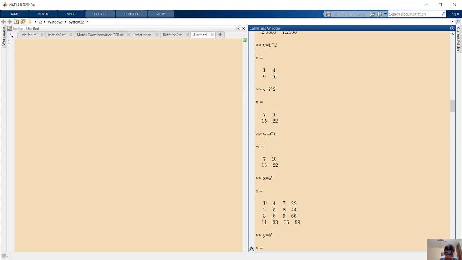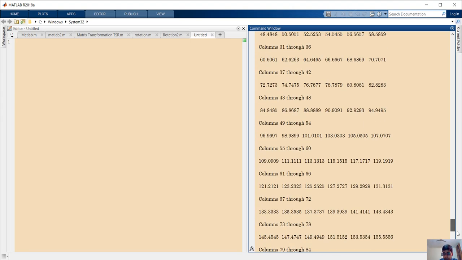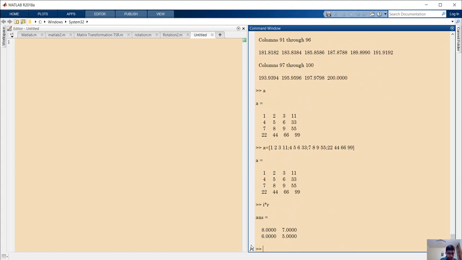And as you can see that I had a matrix A, which was 1 2 3 11, like in the rows. Now it is in columns. So this is a symbol, upper commas, or single quotes for transpose. We can also do the transpose of something by simply doing transpose, bracket some variable, let's say b.